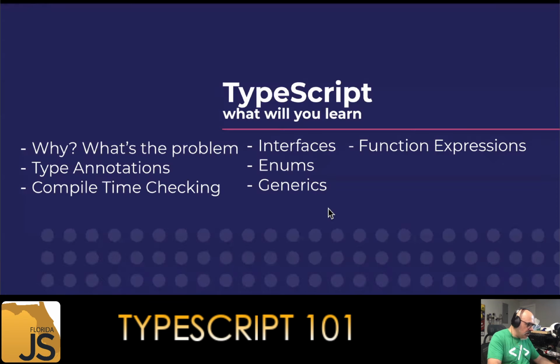So why is it that we want to learn it? What are we getting? First and foremost, we'll learn something that Jean-Marie really loves, which is the why. We care a lot about why sometimes. We want to know what problem we are solving. After all, it's not okay to just use the latest and greatest; we need to know why we're using it. We'll talk about type annotations, compile-time checking, interfaces, enums, generics. We won't go too much into it, I promise, Larry, so you can join us still. And then we'll talk about functions and expressions and different things like that.